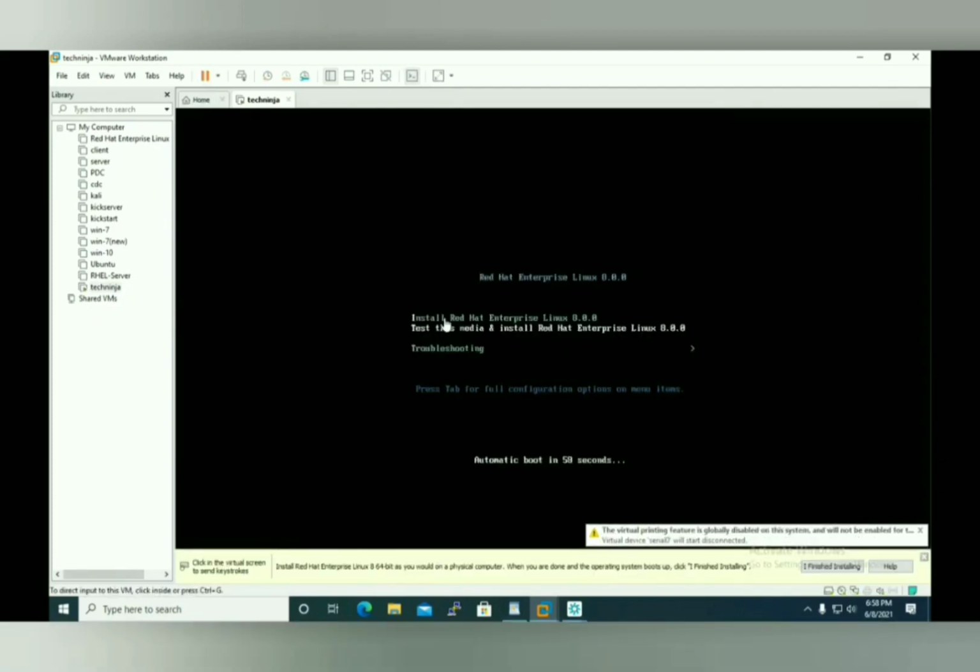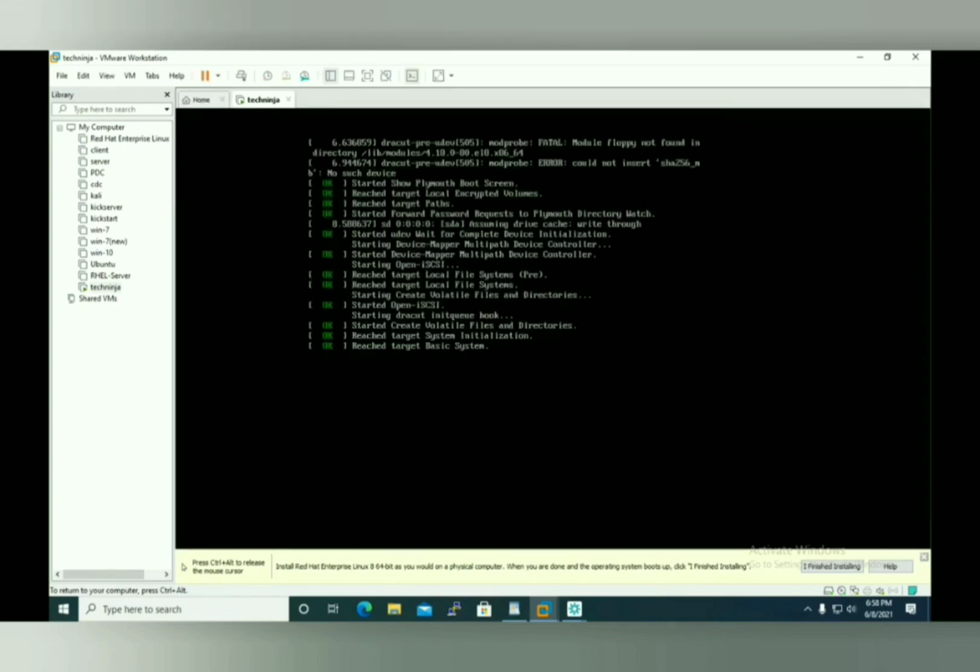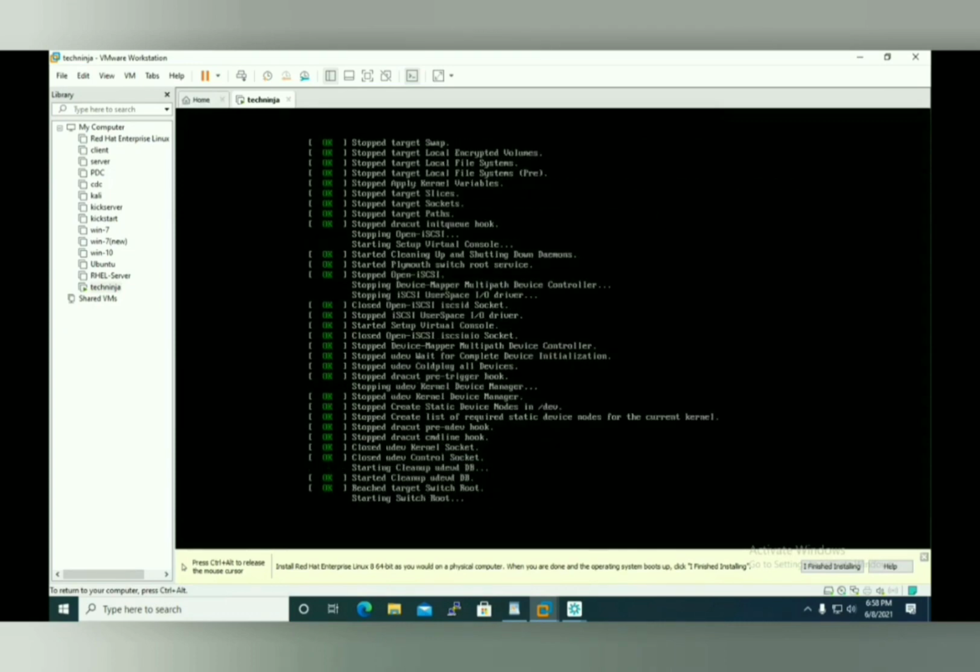Here we normally get three types of options. One is the installation setup, then testing media and installing, and then troubleshooting. You can go with any option, the first option or the second option. So let me go with the first option. Now it's booting the ISO image setup file.